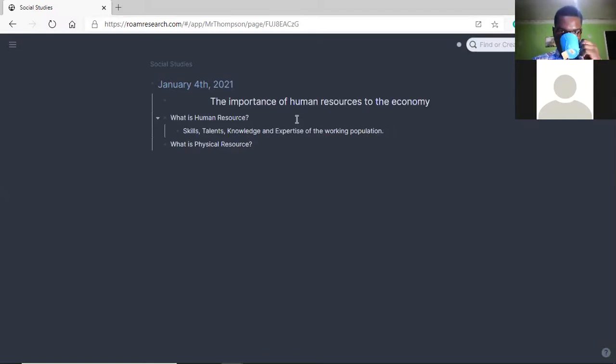Yes, sir. Okay. Now, what is the importance of that? Why do we need to have a population between the age range of 18 and 65? That's when I said that was the working age. Let's write that. What is the working age range? We said that it was age 18 to what? 60? 65. Right. That's the working age range. So why is it important to have an age range of 18 to 65 working in your economy?